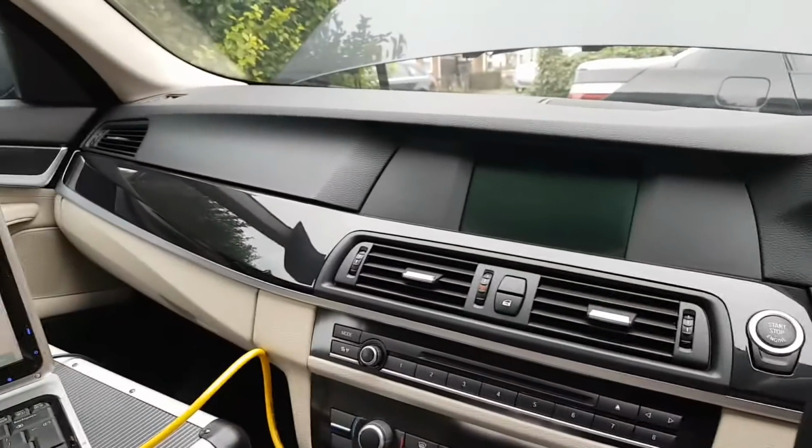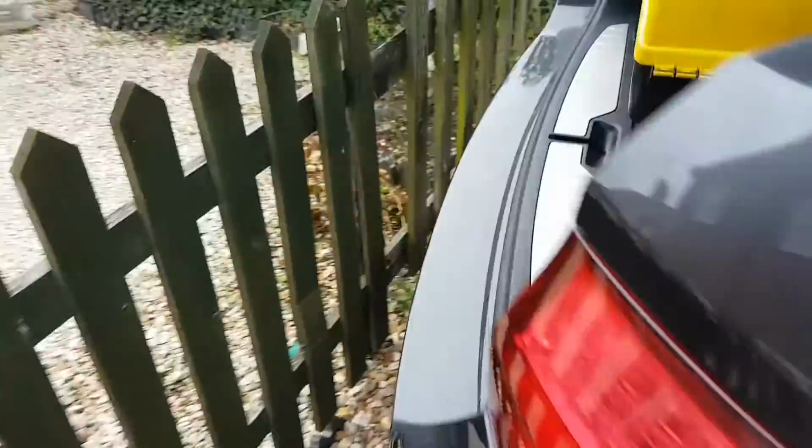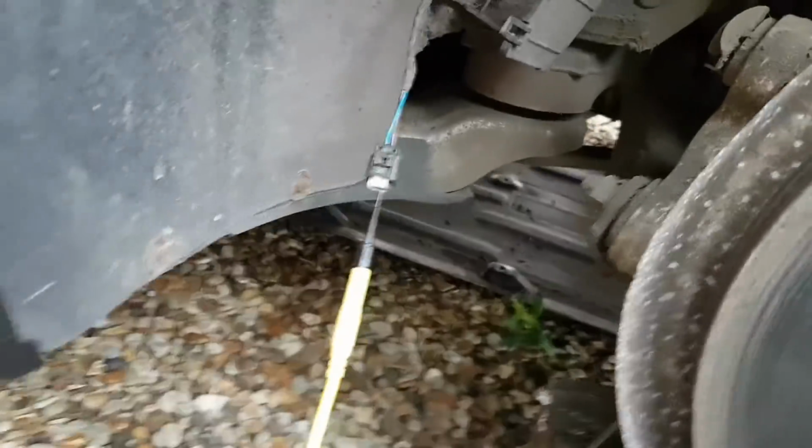Okay folks, problem found. So, diagrams. When I went to start checking my wiring, I was already probing it from the back all the way to the front. Then I got here, and the multimeter is already there. Then I pulled, the module is right here underneath. When I pulled the plug out,